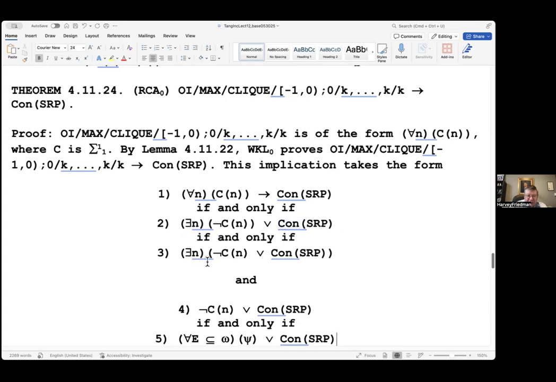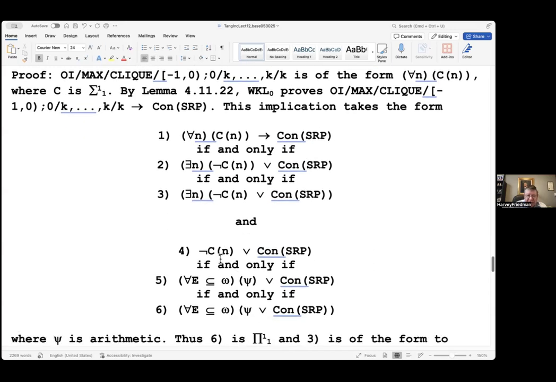And now we have to see what this statement is, not Cn or con SRP. Now remember, C is sigma 1, 1. So this is going to be pi 1, 1